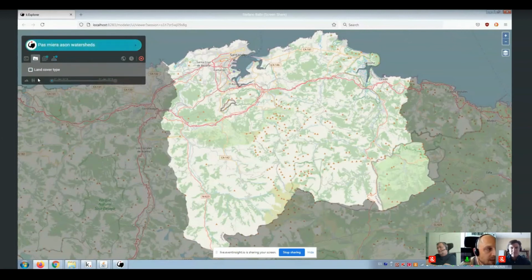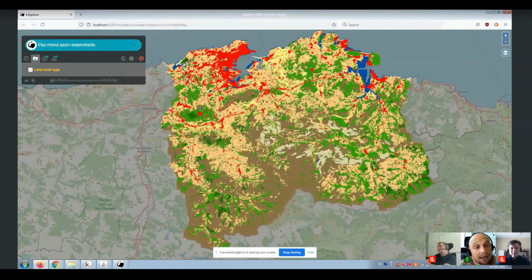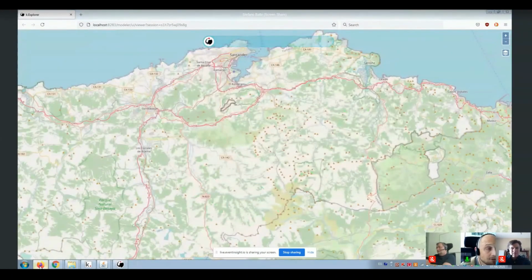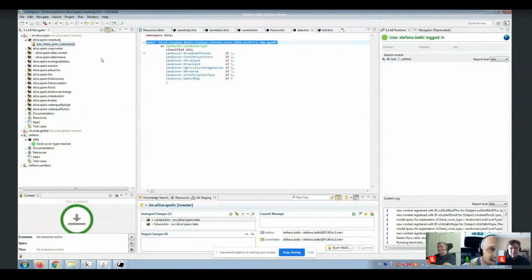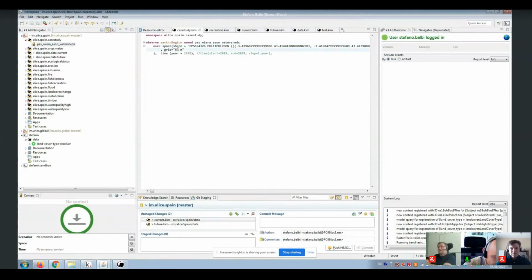What happens is that you can see now, it takes a little bit more time to visualize the data because the resolution is really high. You see how nice it is compared to before. But I cannot work at this resolution now because it's going to take too much time. So I will go back to 250.